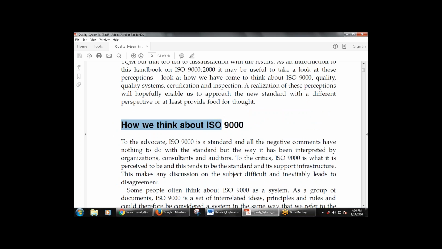Now, how do we think about the ISO 9000? It's a standard, and all the negative comments have nothing to do with the standard, but with the way it has been interpreted by the organizations, consultants, and the auditors. Whosoever the consultants, whosoever the auditors, whosoever the organization that is using the ISO 9000, it is interpreted by the organization, consultant, and the auditor. And to the critics, ISO 9000 is what it is perceived to be, and this tends to be